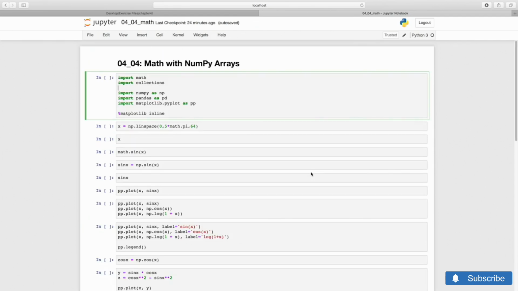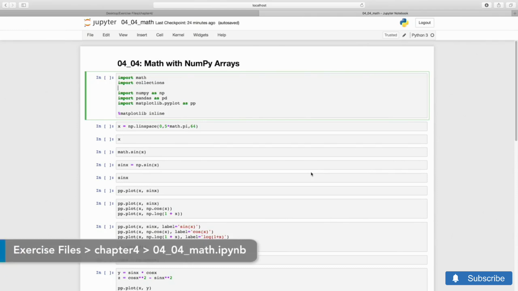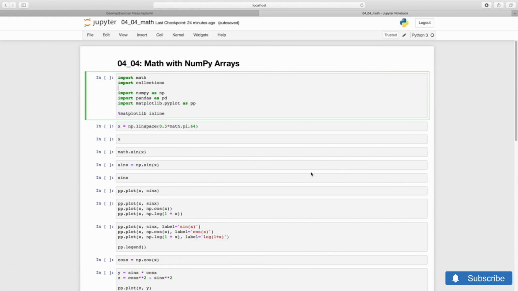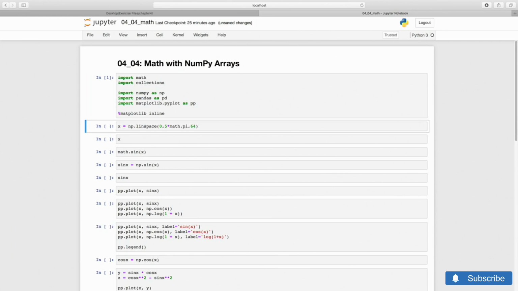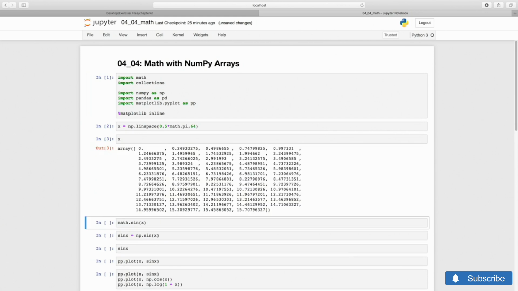NumPy is extremely useful in numerical calculations. That's because in addition to packing numbers efficiently in memory, NumPy makes it easy to perform mathematical operations with entire arrays. For instance, in a study of mathematical functions, we may start with a vector of equally spaced real values between, say, 0 and 5 times pi. Here it is. Note that with the linspace, the extrema 0 and 5 pi are included.